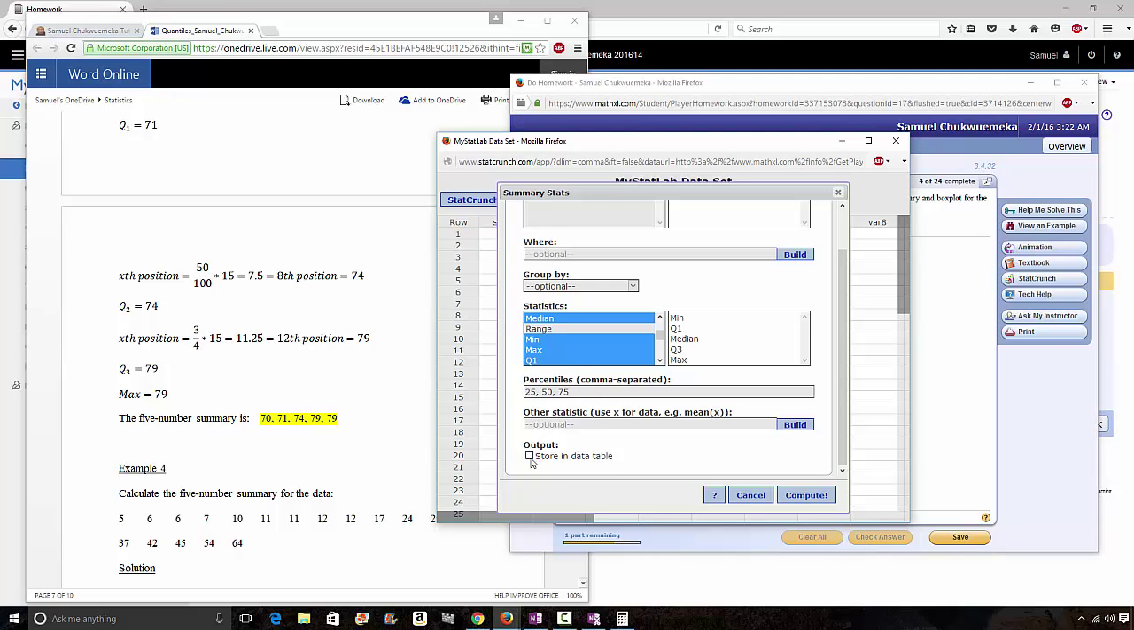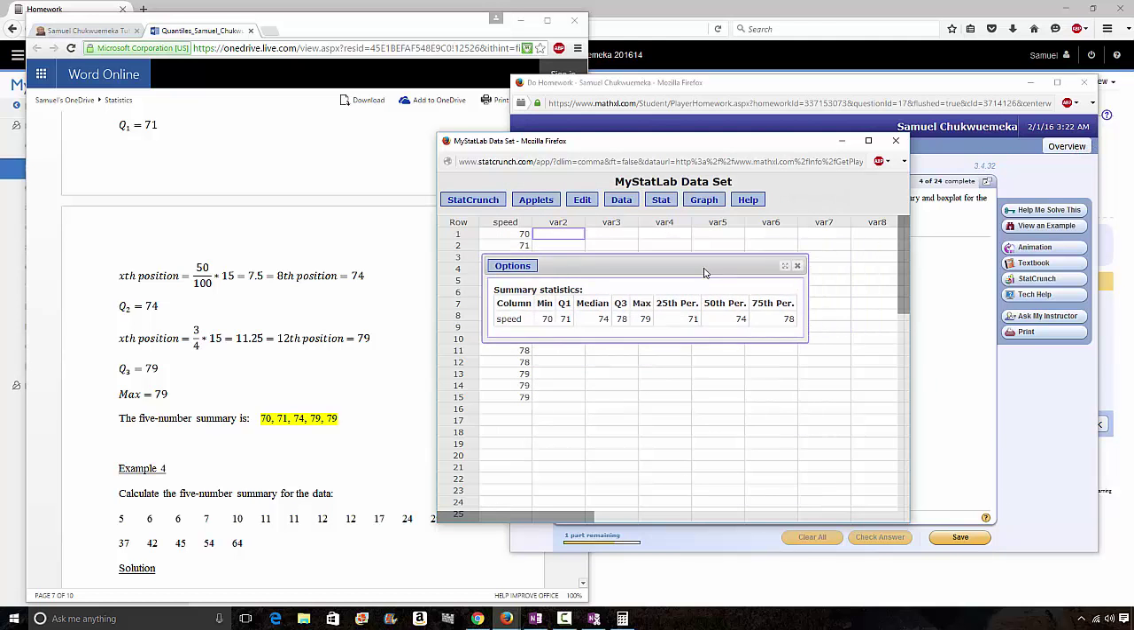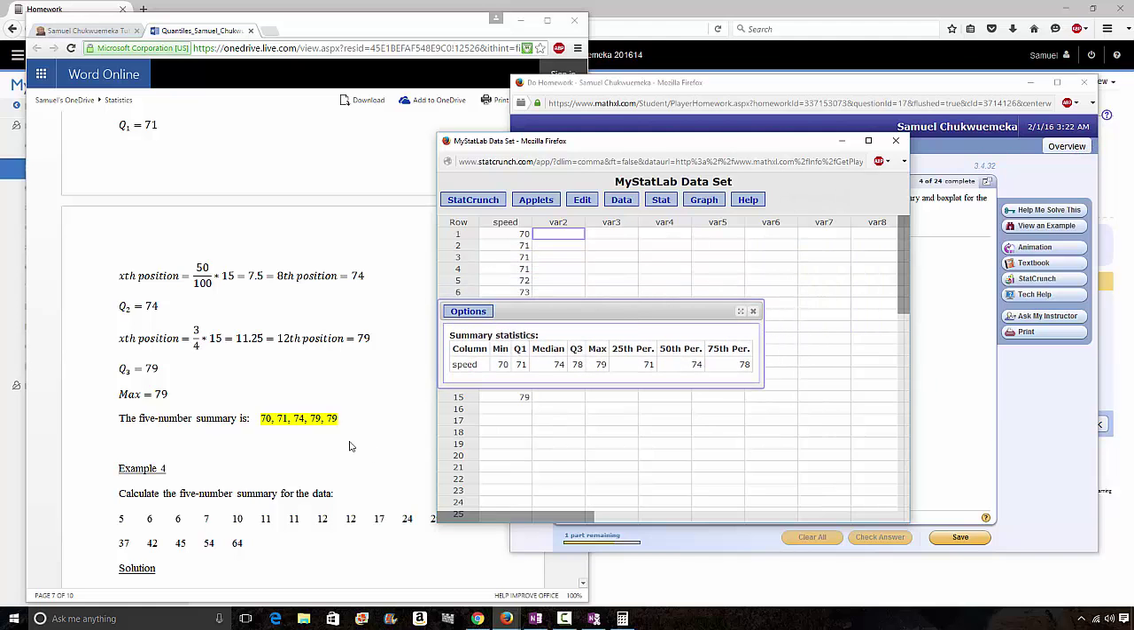If you want to store it in a data table, you check this box. Otherwise, you just click compute. So when you click compute, this is what we got here. 70, 71, 74, 78, and then 79. 71, 74, 78. So this shows you, hey, that I think I made a mistake in my